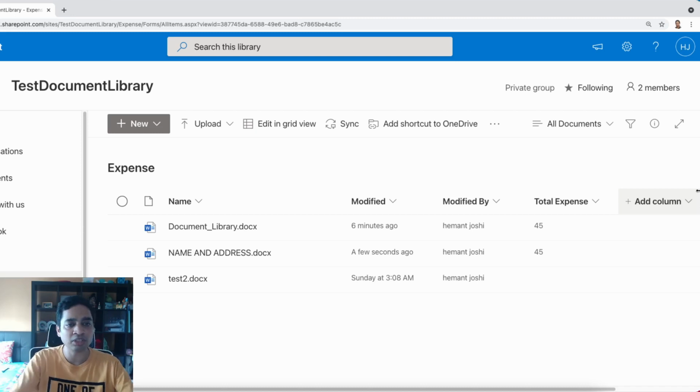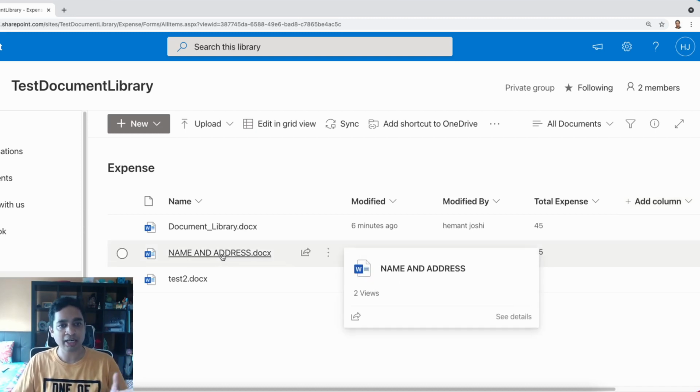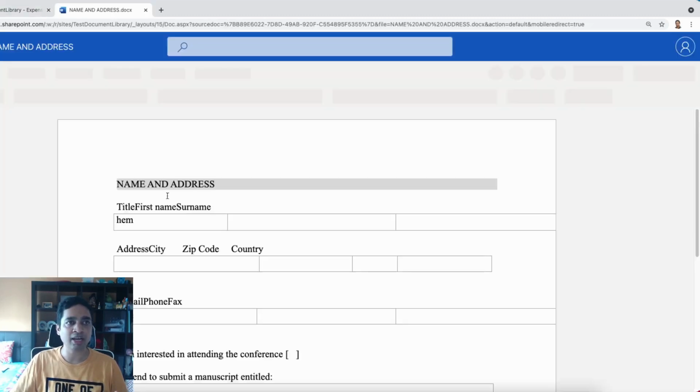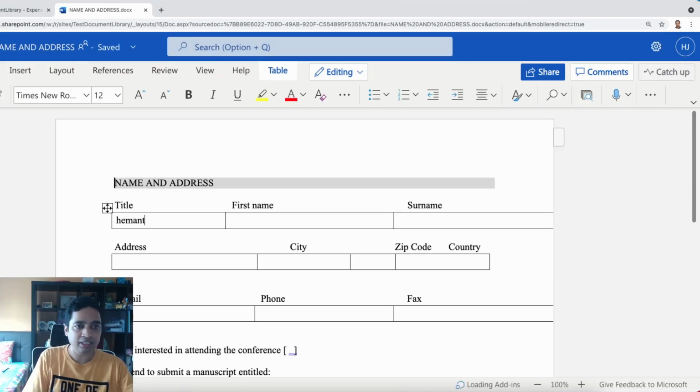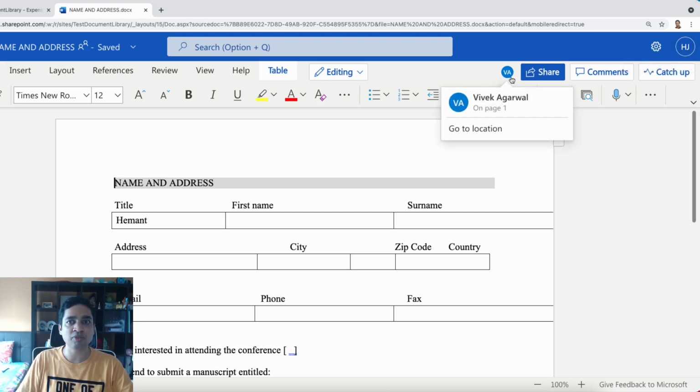Right now you see that we have these 3 files, and if I click on this name and address doc and open this particular file, and work over here on this file directly, you see right now I am working, my name is Hemant Joshi, so HJ is working over here, and this has been shared with Vivek Agarwal. Vivek Agarwal is another person who is working on the same file at this time, so he is also on page 1. So if I am typing right now, say